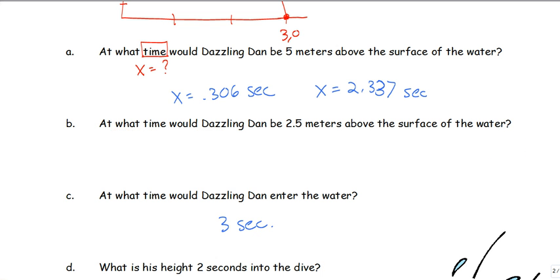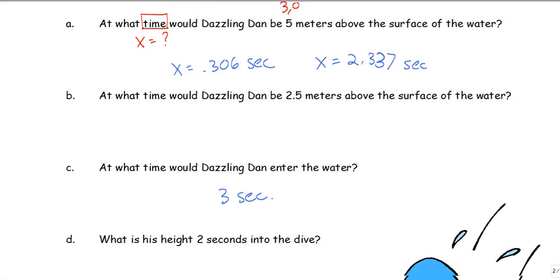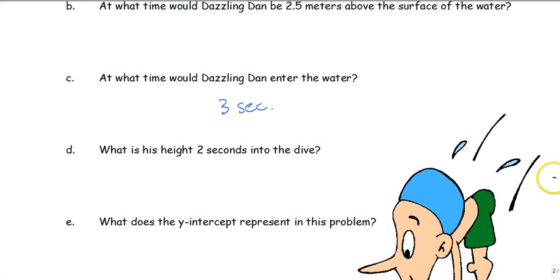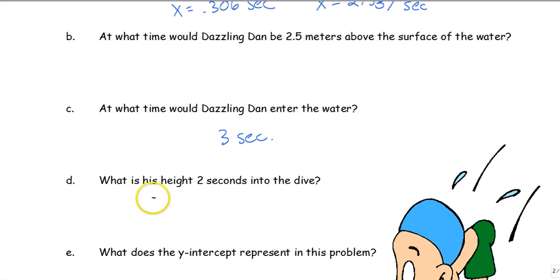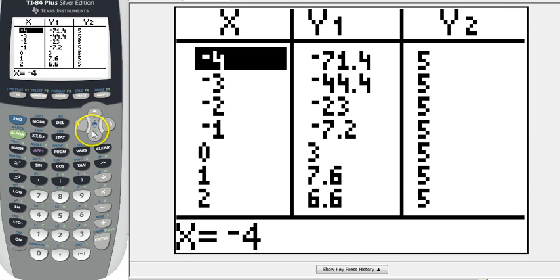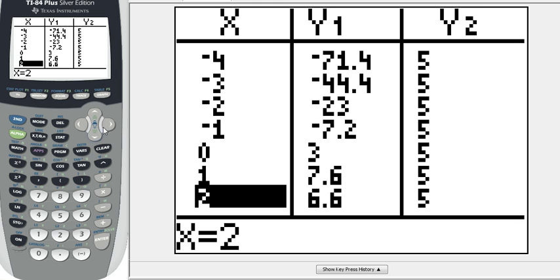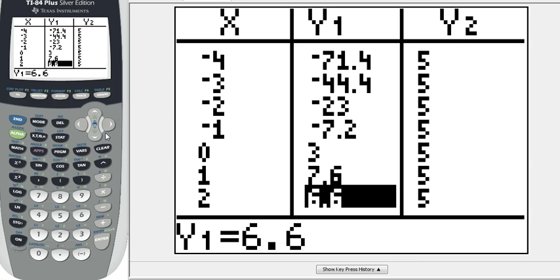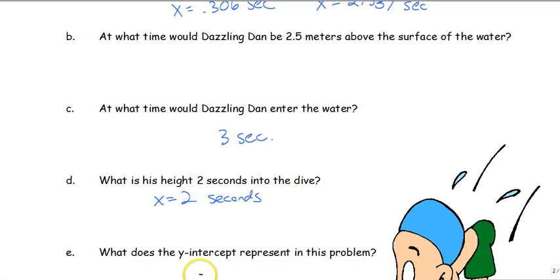I'm going to come back to B real fast. Let's go to, so C is 3 seconds because that's when he hits the water. What is his height 2 seconds into the dive? So Y is equal to, you can do this by hand, or you can use your calculator. When X is equal to 2 seconds, let's look at our table and our graph. Okay, let's look at the table. Second table, when X is 2 seconds, sure enough, it tells us he is 6.6 feet above the ground. So Y is equal to 6.6 feet